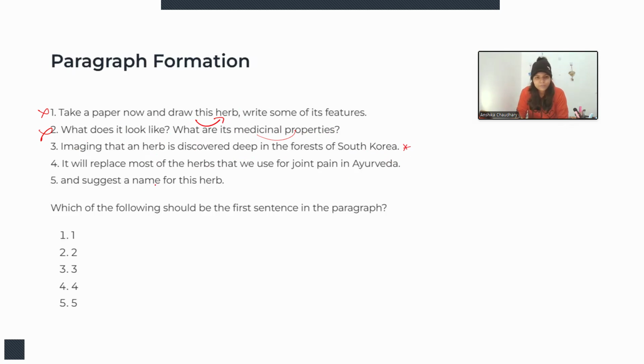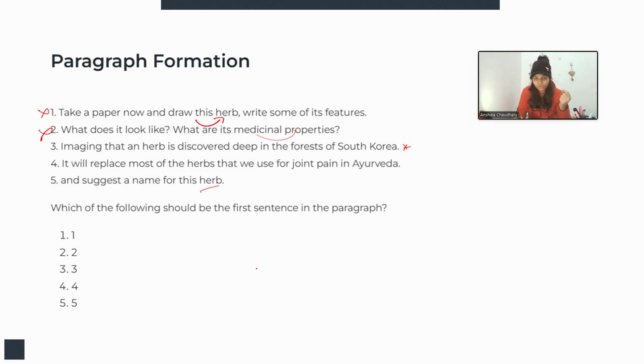Right. Then it will replace most of the herbs that we use for joint pain in Ayurveda. It will replace. Who will replace? Right. So before it, there should be something. Right. So, and suggest a name for this herb. Again, we are talking about herbs. So we are sure that this will be the first statement,